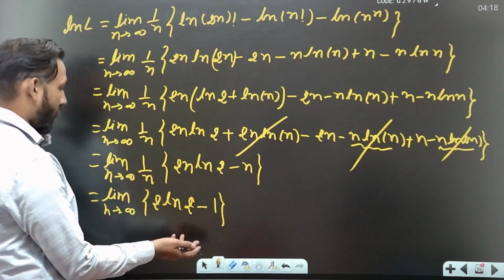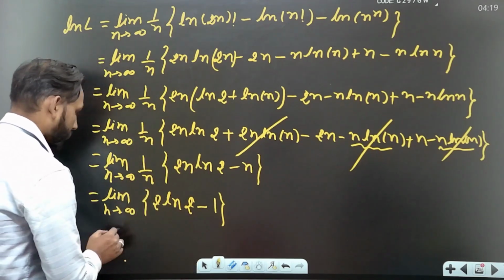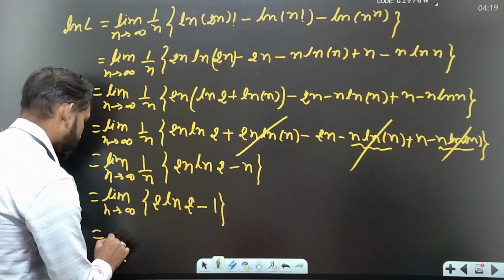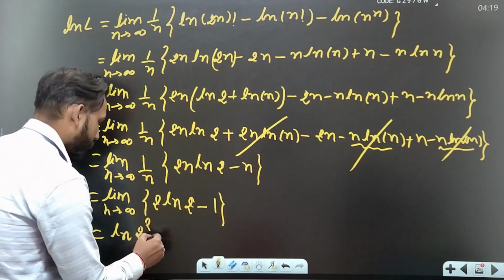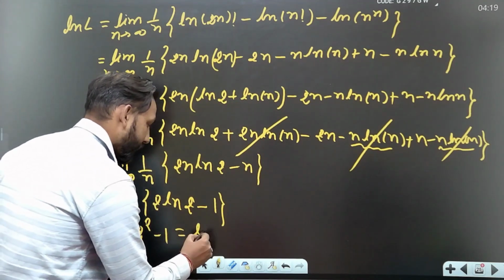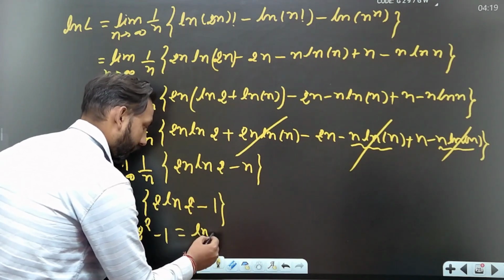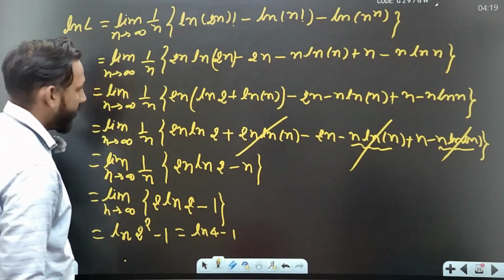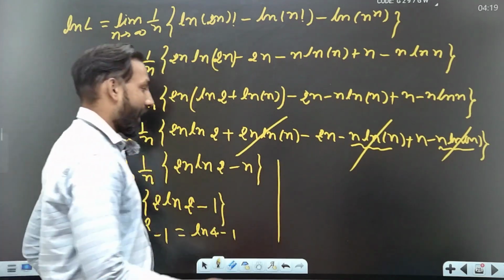There is no n present here, and we get the limit is 2 ln 2 minus 1, which we write as ln 4 minus 1, right? Then we get what we have on the left hand side, ln